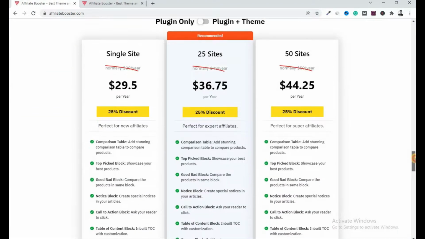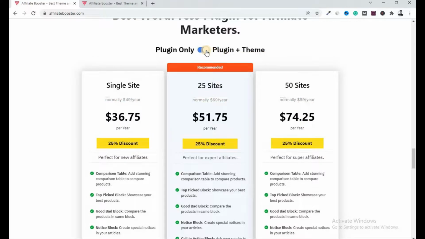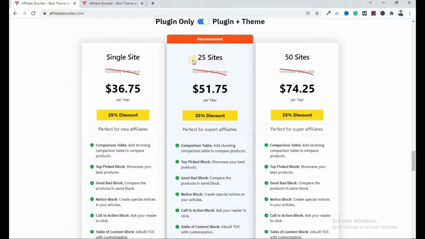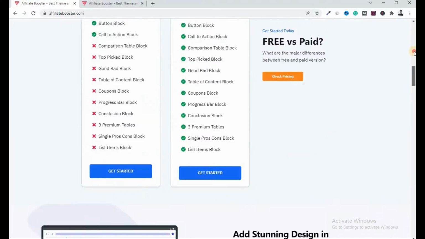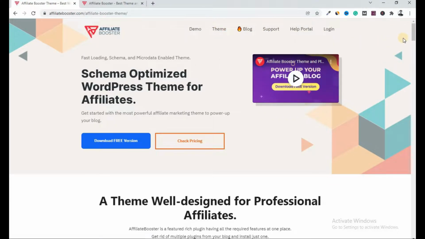So all you have to do is come at the bottom part first. If you only want the plugin, then here is the pricing, but if you want a plugin and a theme also, then here is the pricing. It's up to you, like 25 sites for $51 and a single site for $36. But if you alone want to purchase a theme, you have to come above and click on theme and scroll below.